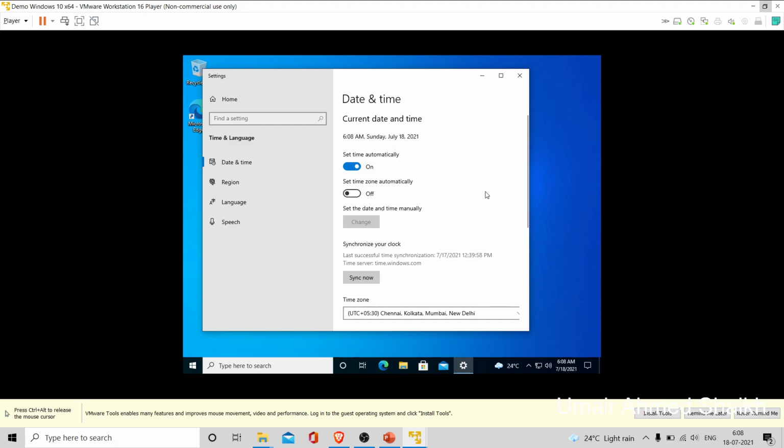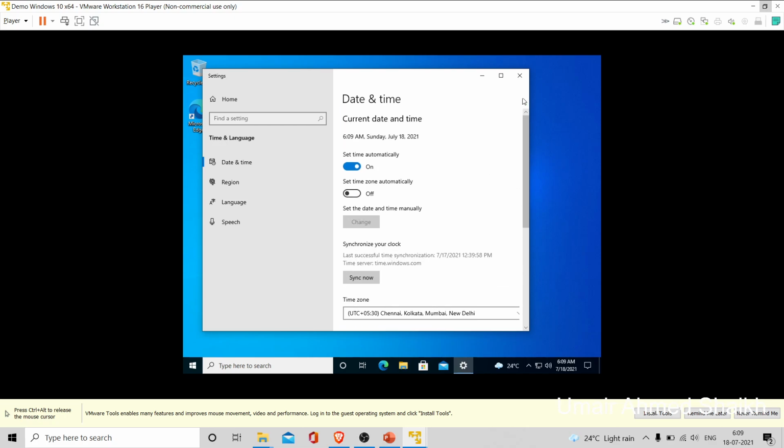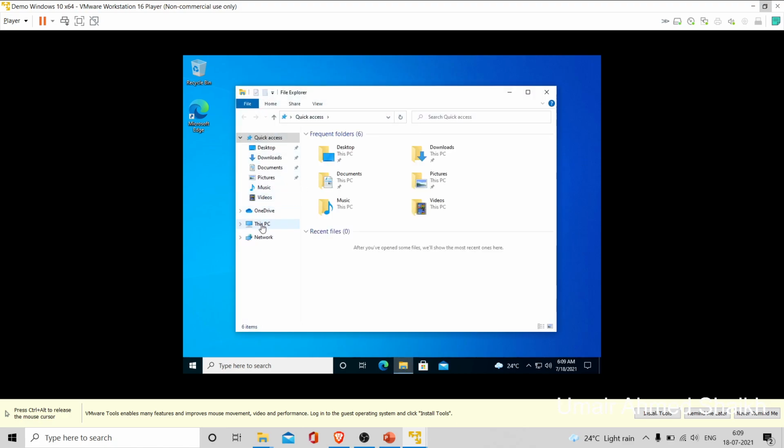This is very important because Active Directory is very much concerned about the time and the time zones. So this has been set, and I'm going to close. In a very similar fashion, I'm going to change this computer name as well. As I've shown you, there were no computers reflecting over there in my Active Directory,